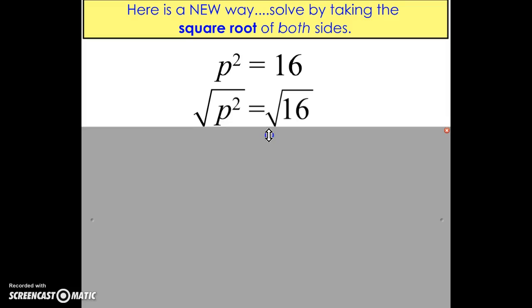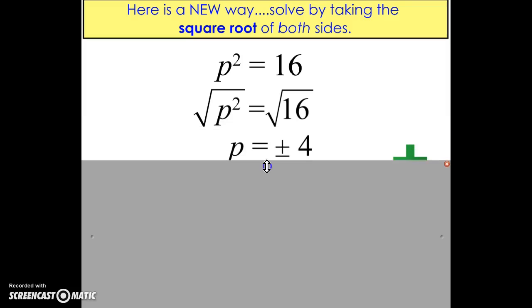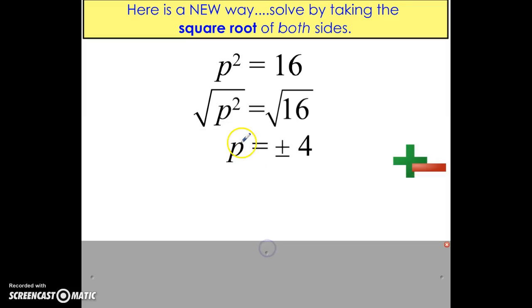So the square root of p squared and the square root of 16. Take the square root of p squared and I get p. The square root of 16 is positive or -4. This is a new symbol that you might not recognize. Remember that if I take 4 times 4,